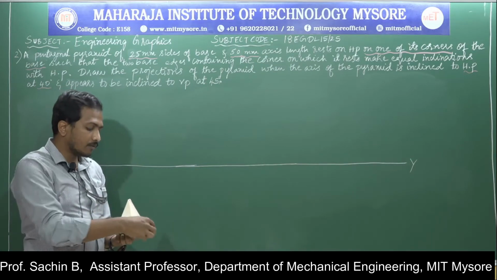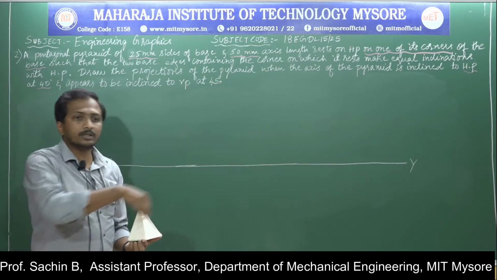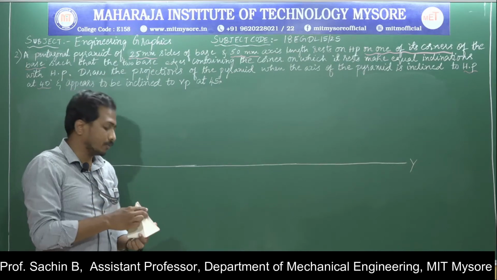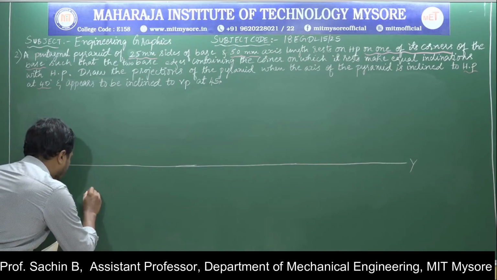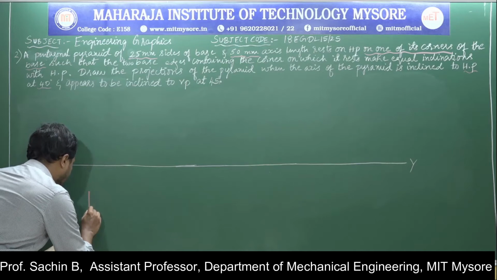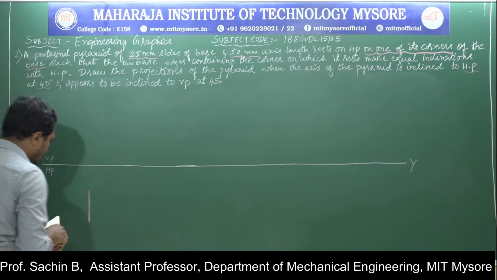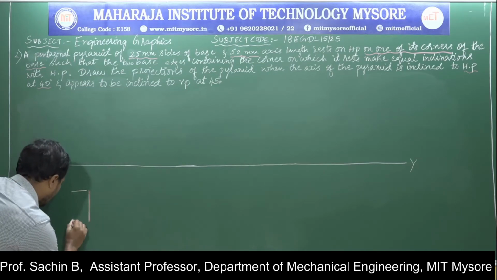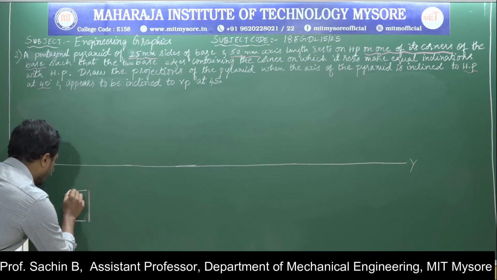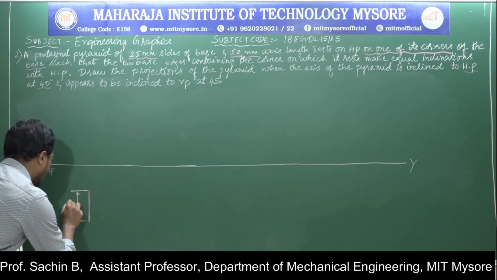The slant edges of one side and another side are clearly visible in the front view. If I view from the top, all the slant edges are clearly visible in the top view. Now I am drawing a straight line of 25 mm sides. I have drawn a straight line. Now I will go for dimensioning it. This is exactly 25 mm.